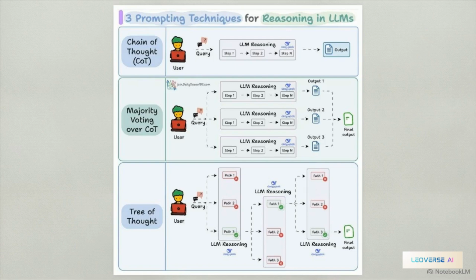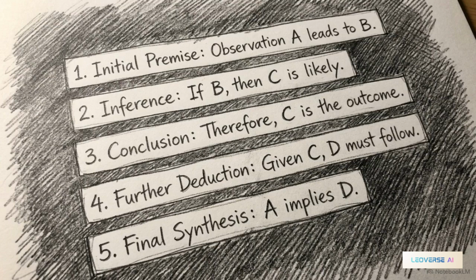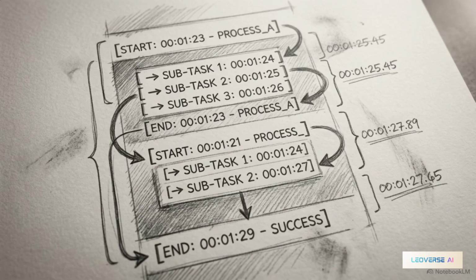This top panel shows chain of thought, forcing the AI to think step by step. Next, majority voting runs parallel reasoning paths to select a consensus. Finally, tree of thought explores branching paths, dropping incorrect assumptions, the red X's, and following green checkmarks to the solution. Forcing the model to externalize its logic and evaluate branching paths reduces the frequency of blind guesses. This process creates a visible audit trail for deduction, allowing us to review the specific steps the AI took to